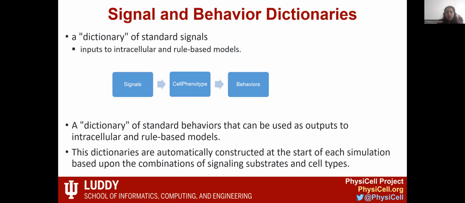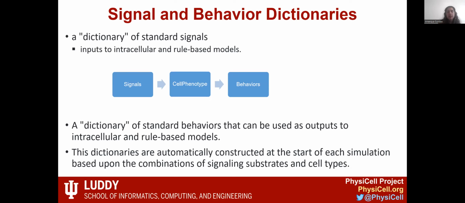So these behaviors are what a cell does once that signal is detected. So the cell phenotype will react with a certain behavior. For example, it is chemotaxing towards one chemical, or it is chemotaxing away from that chemical. It detects a certain signal and it starts proliferating. It stops proliferating. It starts differentiation. So different kinds of hypotheses that are there in the biological system, you can add to this